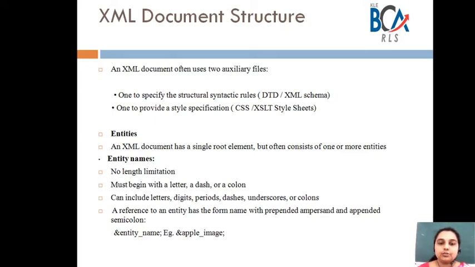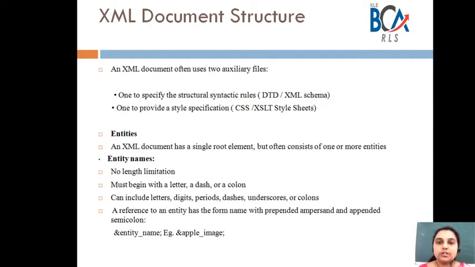In today's session, we are going to study about the XML document structure. So the first thing that comes to our mind about structure is how XML is going to arrange its document. An XML document usually uses two auxiliary files.